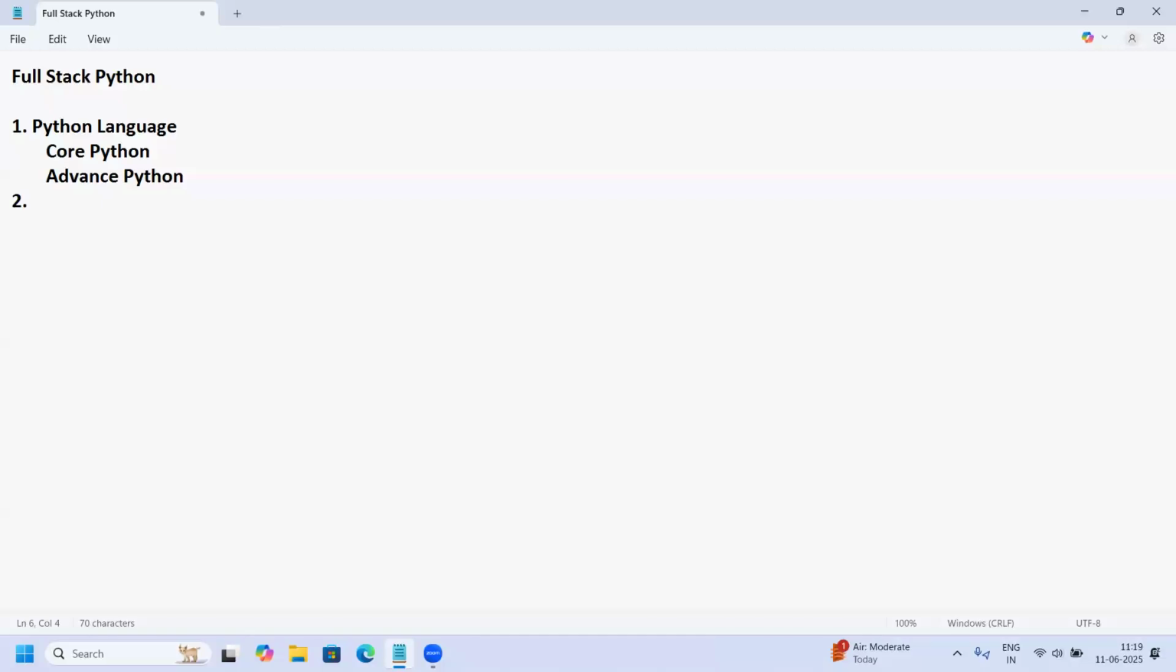After learning this Python language, the second part we start will be related to web development. Two things will be there: web designing and web development. I'm talking about development, not about design. So to learn web development, the prerequisite means first you should have knowledge of UI